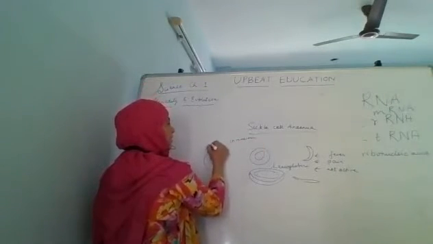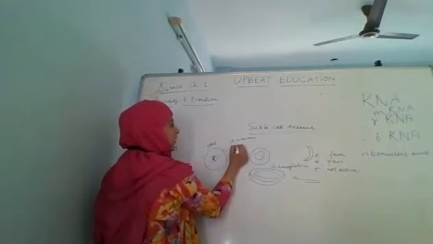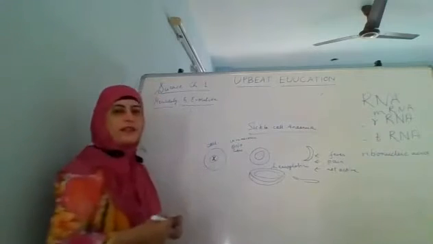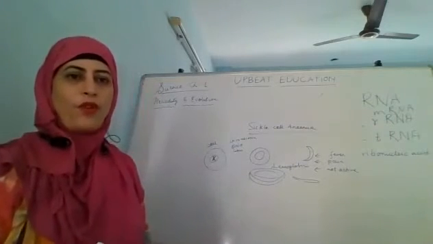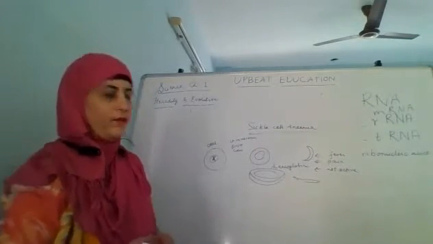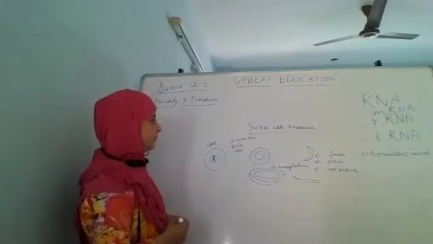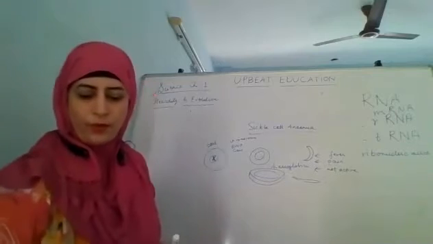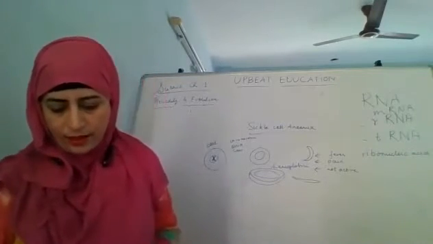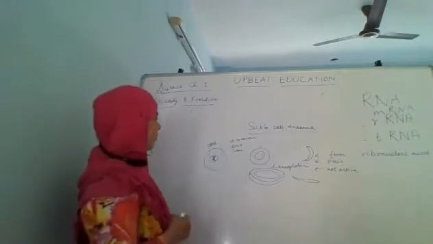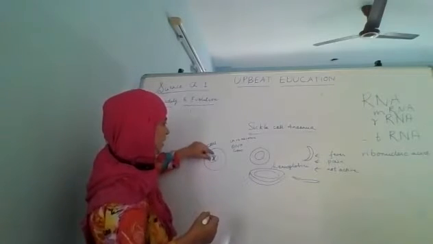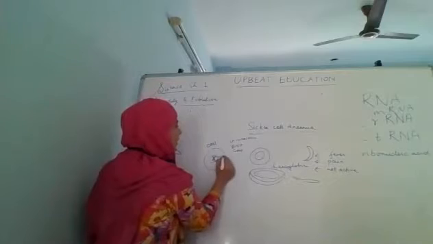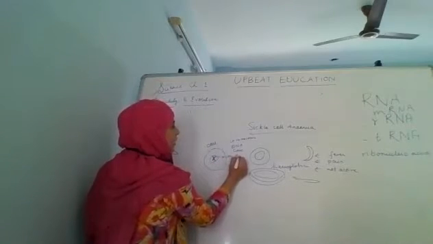This is the cell. Then there is the DNA, and within the DNA there is the gene, and the gene carries the traits or the characters which are passed on from one generation to another. Right? That was the thing which we have already discussed. So now the information from this particular cell is passed on to the next one, to the outside, and that is done with the help of mRNA.